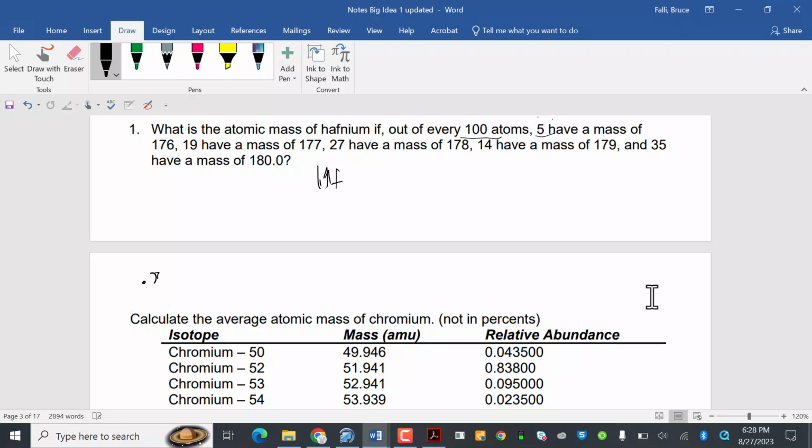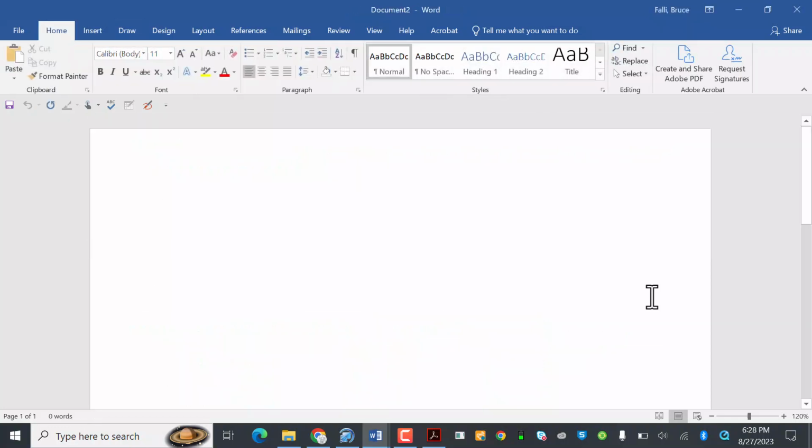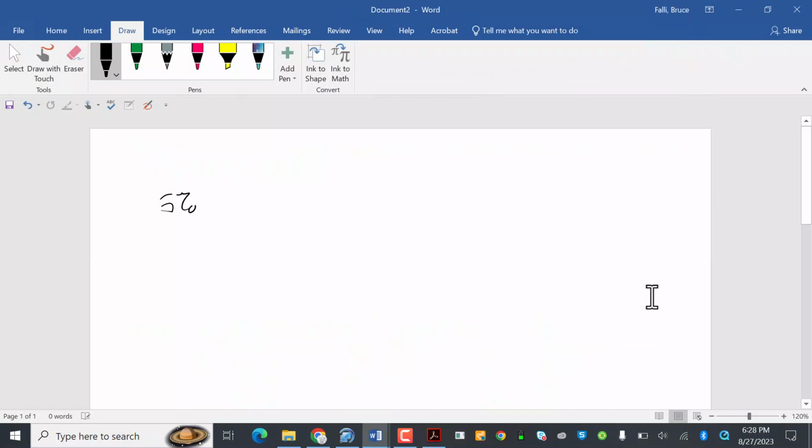All right, slower. 0.05 of hafnium. Okay, you're getting me here. So I'm going to have to put this on a new one. 5% have a mass of 176, 19% have a mass of 177, and 27% have a mass. So I'm going to flip back and forth. 5%, right? So that's going to be 0.05 have a mass of